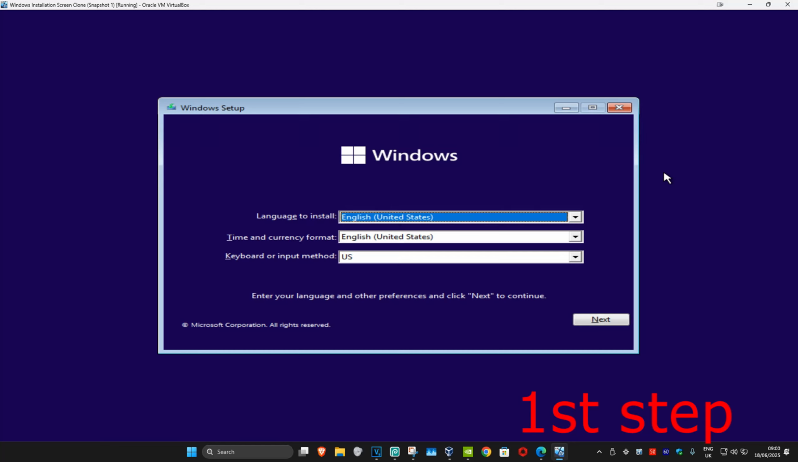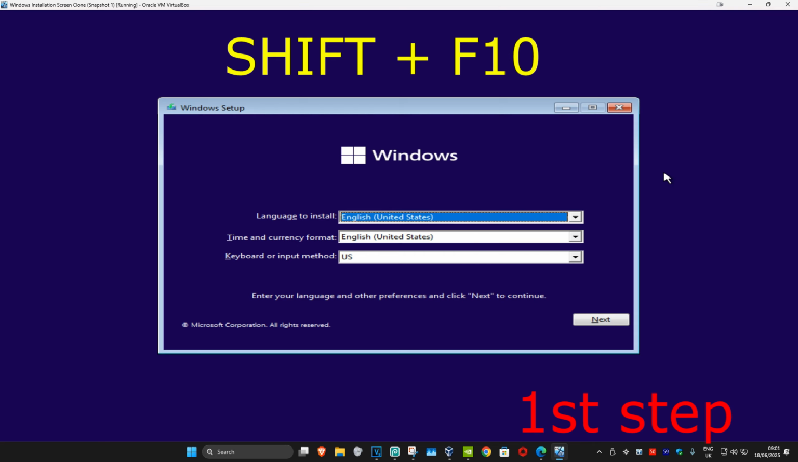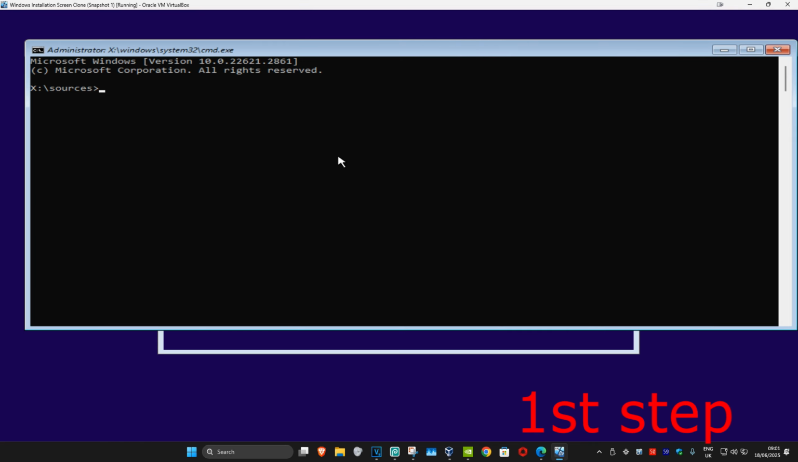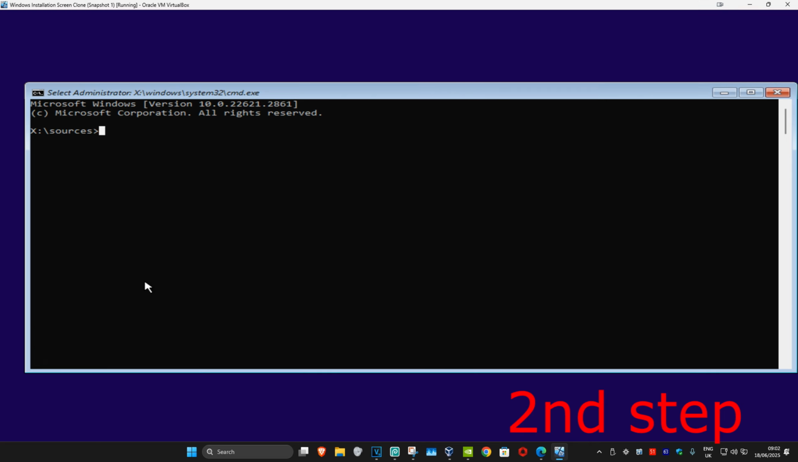So guys, for the first step, you want to go to the command prompt. Now, if you're getting this error on the Windows installation screen, then you want to click on Shift and F10 on your keyboard, which will now pull up the command prompt. And now once you're on this, you want to type in diskpart, click on enter, wait for this to